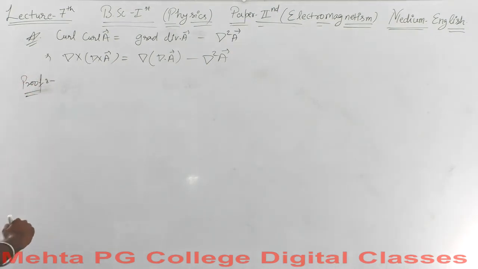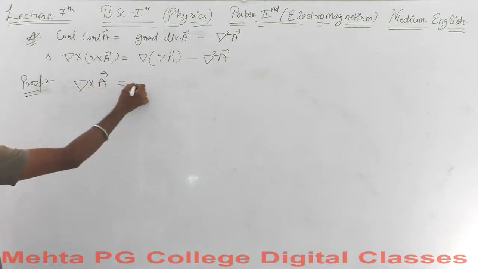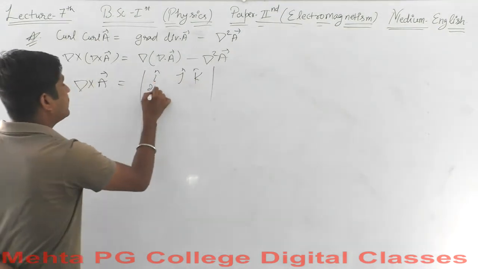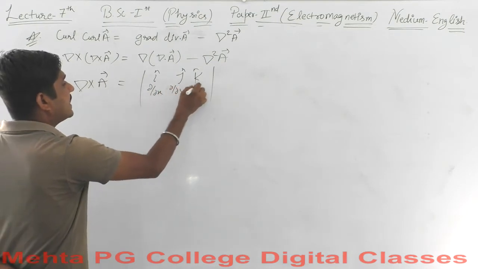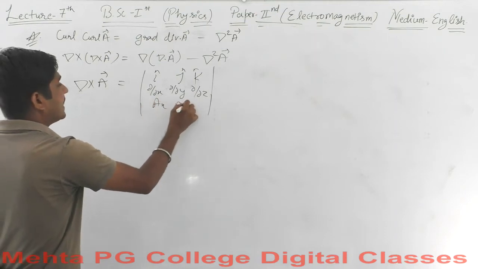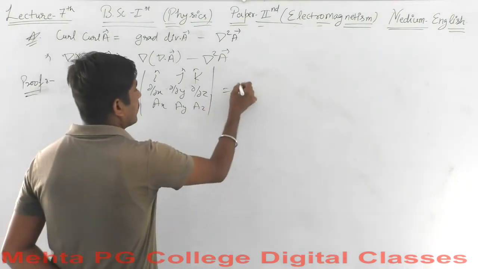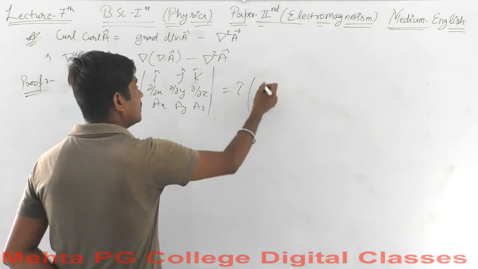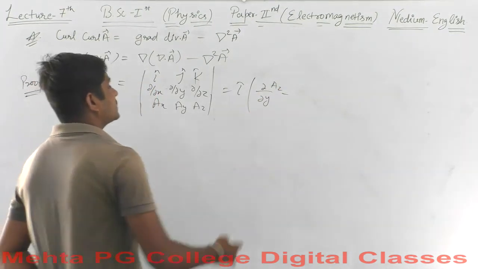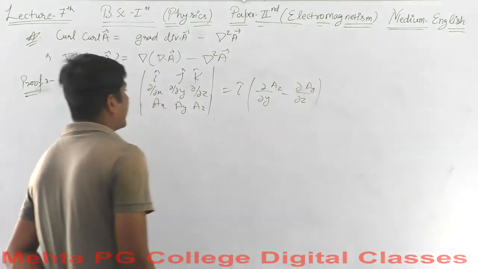So let's start the proof by calculating del cross A vector. Again, i cap, j cap, k cap, ∂/∂x, ∂/∂y, ∂/∂z, and the components Ax, Ay, Az. This is i cap (∂/∂y for Az minus ∂/∂z for Ay)